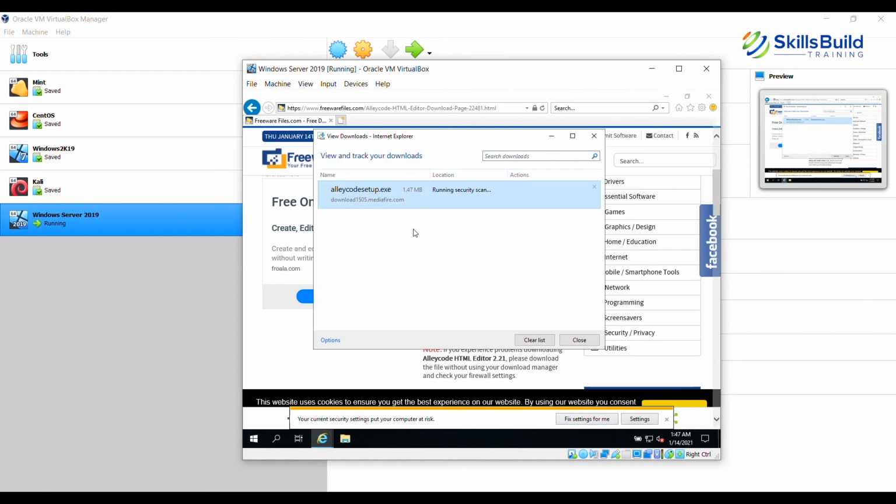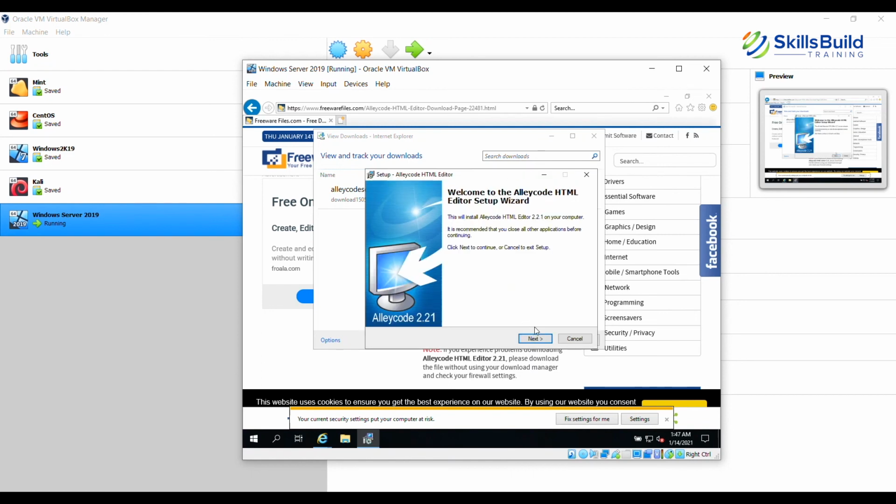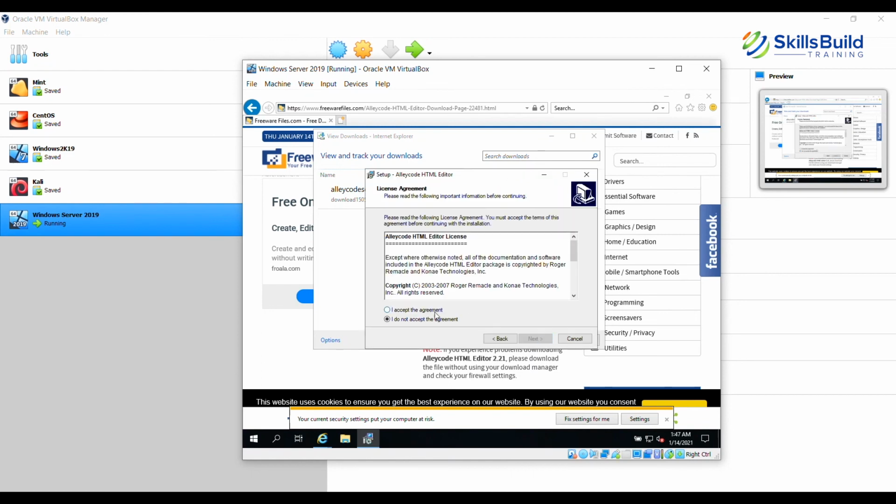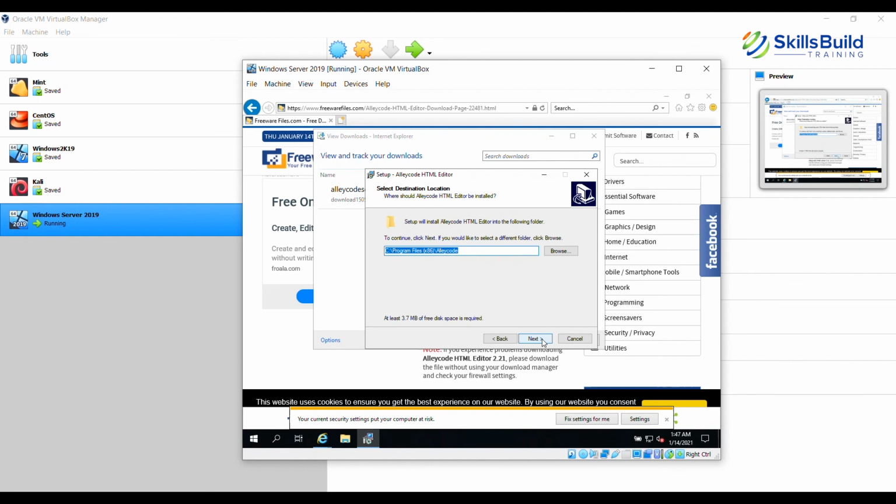After the file is downloaded, a security scan is run just to ensure that the file does not contain malware. Once that scan is over, I simply click on run, and then I say I accept the agreement. It's simple, just like on any system, you would install your application and it would become available.